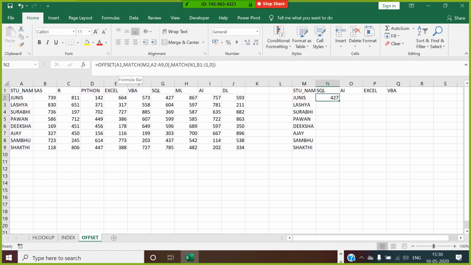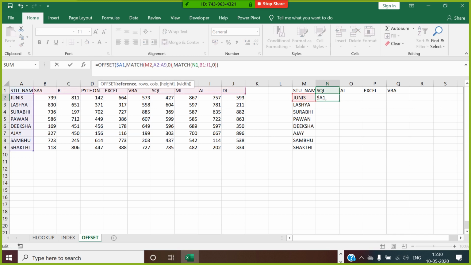What is going to be constant in this case? Your $A$1, because it is going to be an absolute reference. It will not change. It is going from M2 to M3. What is constant in this case? M is constant. And your row lookup array will never change. So $A$2, same way $A$9.